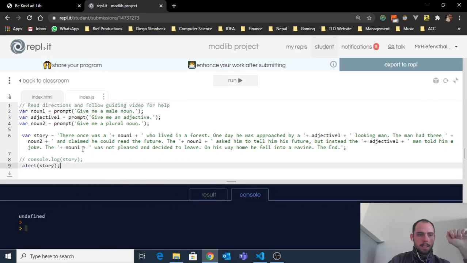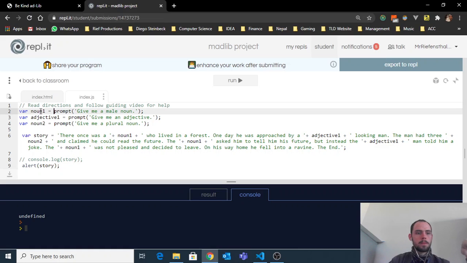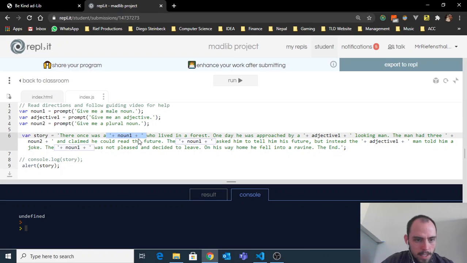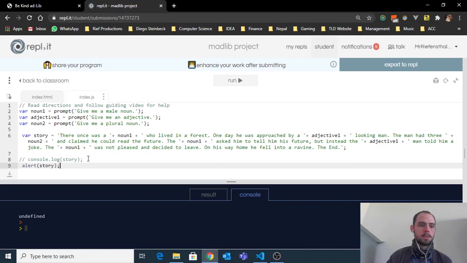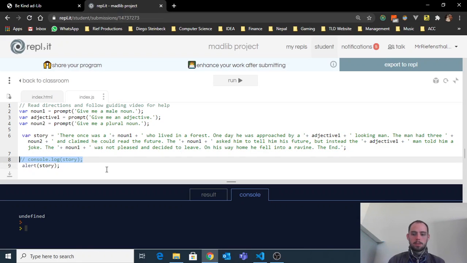And so once again, the overview of the project is we're creating a variable. We are using the prompt function to save the user's input into this variable, and it does that a few times. Then once it has all that data, it gets to this line of code and says, hey, story is equal to this giant string that has these little concatenations, which is basically injecting this information into the story. And at the end of it, you can now print the story. You can use either alert or console.